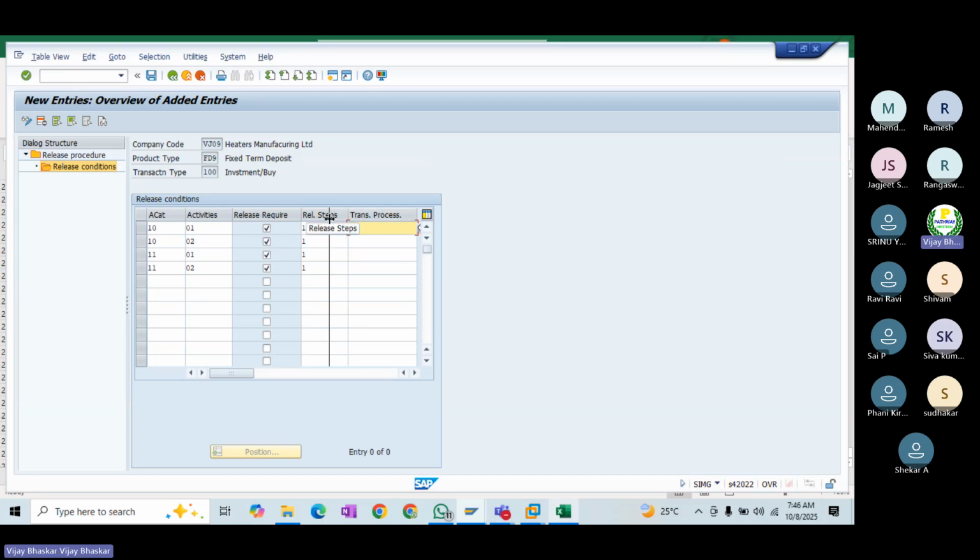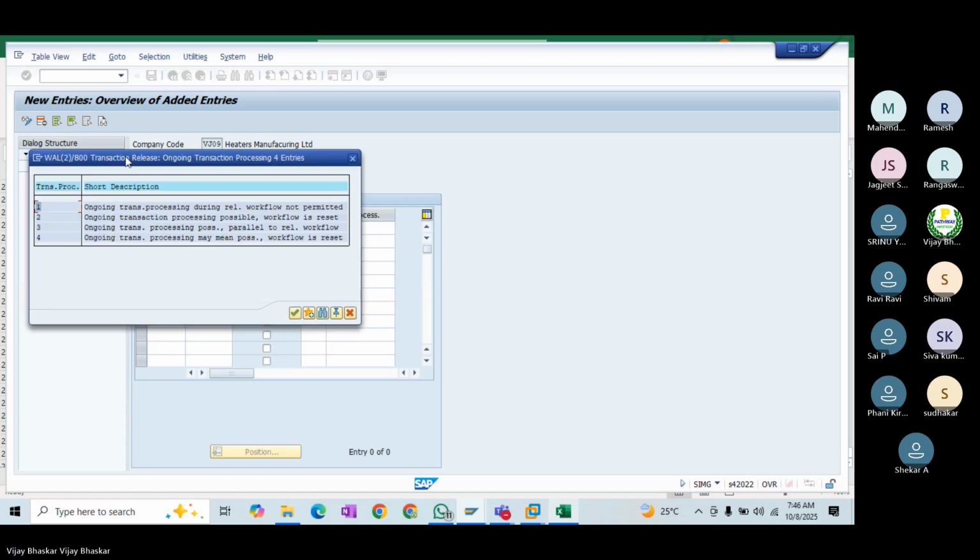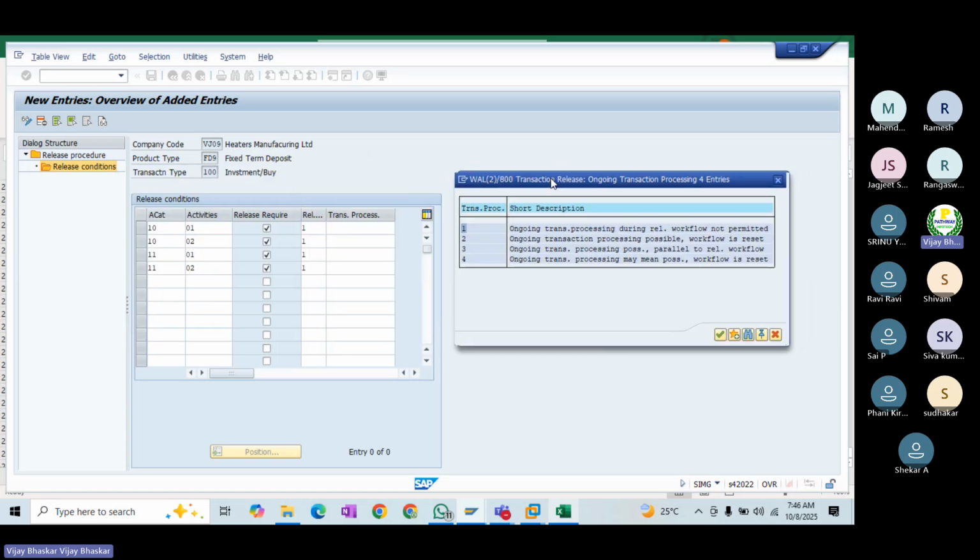Transaction process here. See now, the transaction process, when you want to trigger the ongoing transaction processing during release workflow: not permitted.